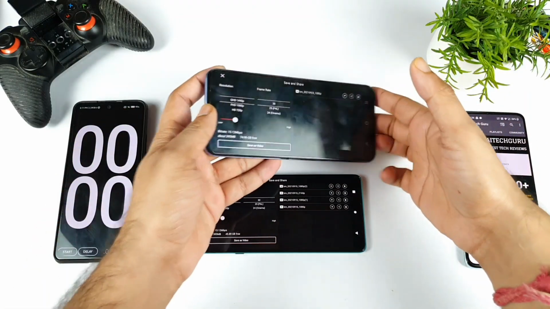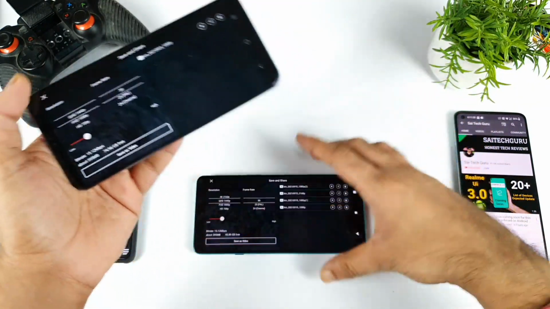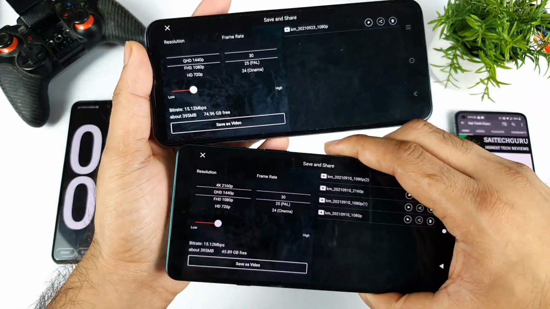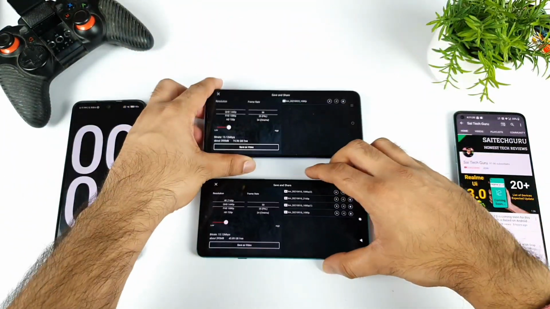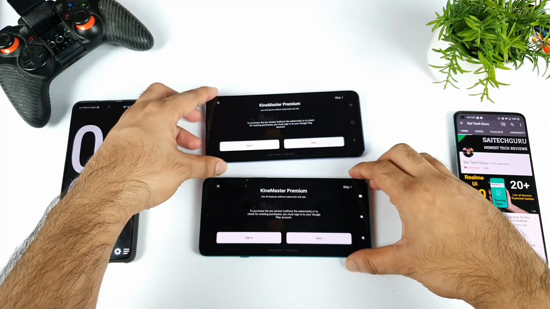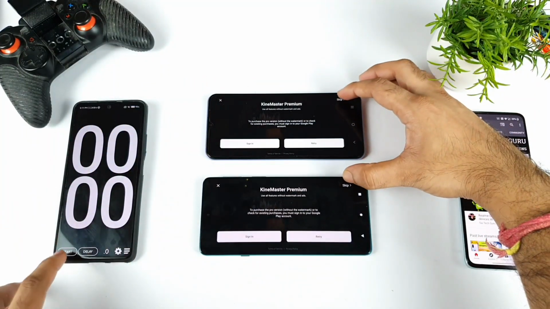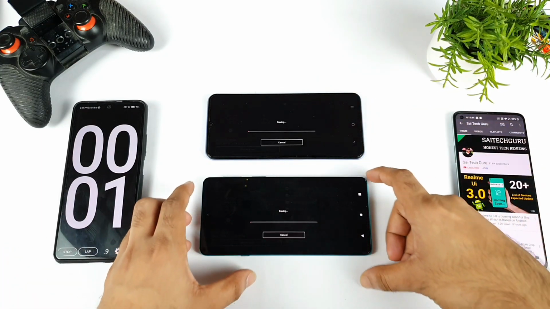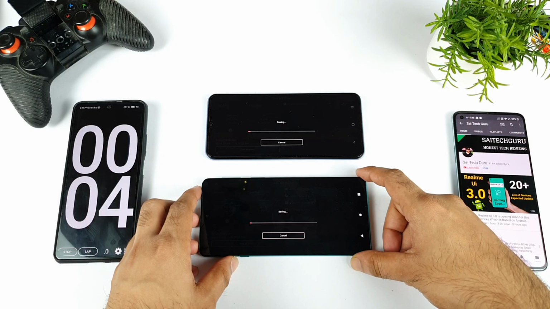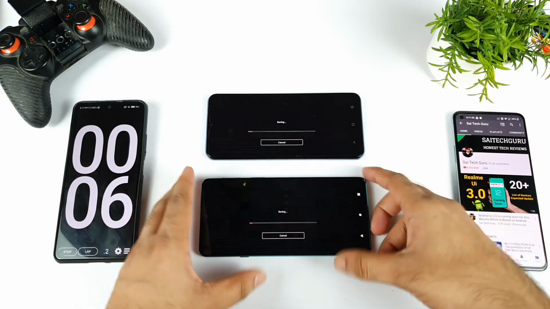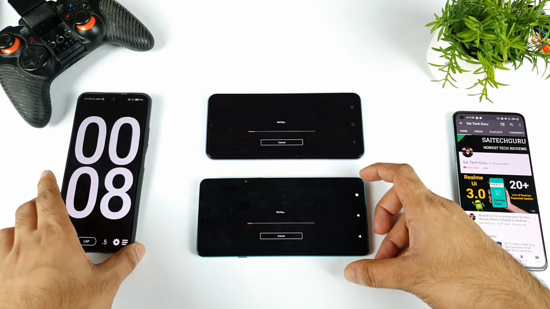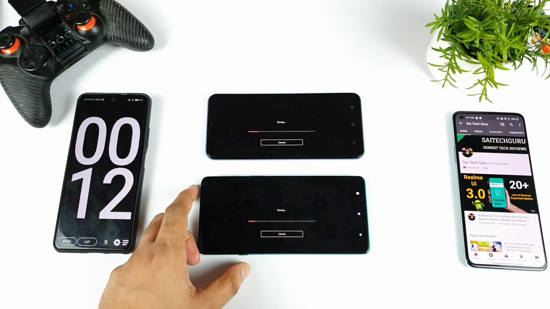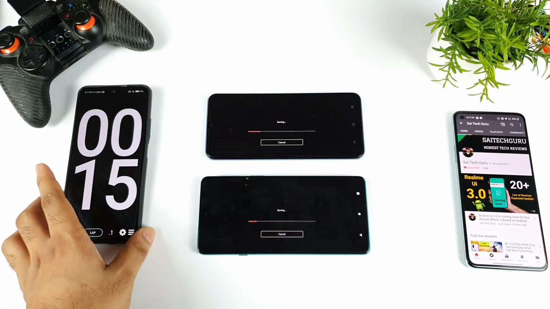2K resolution. I think there is no 4K. I'm not sure why it's not there at this moment, but let's do the 2K resolution test. Same estimated size, everything is the same, only 395 MB estimated size. Now let's see which phone will be the clear winner. 1, 2 and 3. In the first task, the iQOO Z3 clearly won the race, and in the second task I think the iQOO Z3 may be winning the race too. Yes, as you can see, the iQOO Z3 was able to export and render faster.